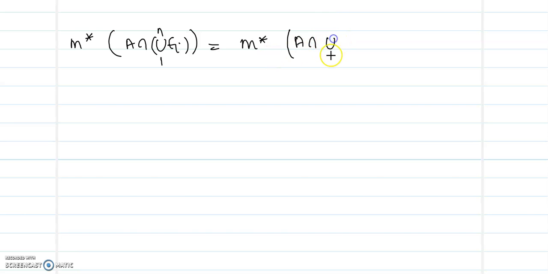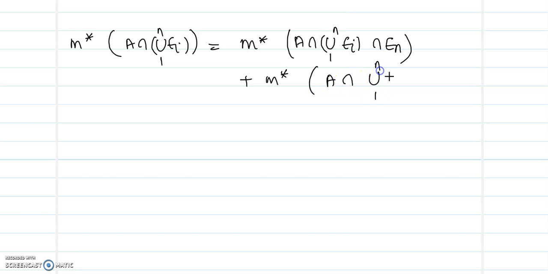A യുടെ പ്ലേസിൽ നമുക്ക് union 1 to n Ei വരും. So you will have A intersection En, since En is measurable. So next term will be m star En complement വരണം. So A intersection union 1 to n Ei intersection En complement. Okay. Now this will be equal to, അപ്പോൾ നമ്മൾ ഫസ്റ്റ് ടേം നോക്കിയാൽ, first term you have A intersection this is